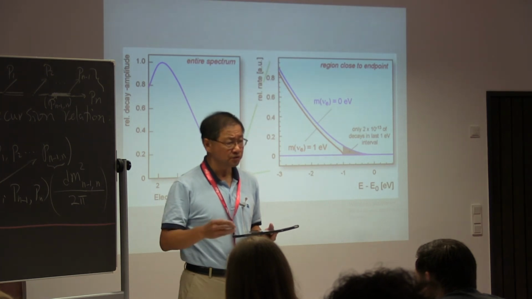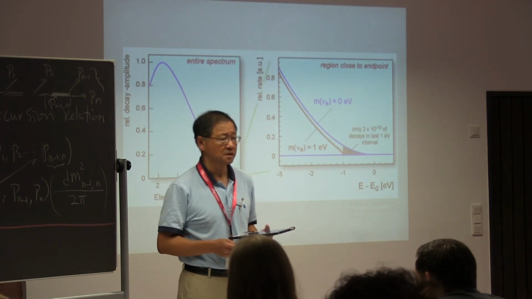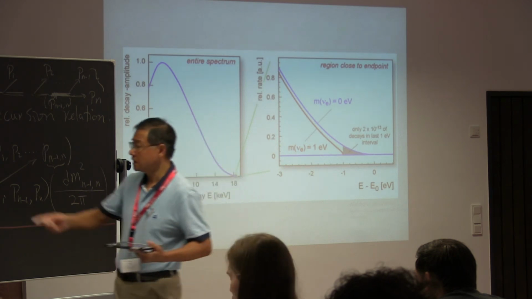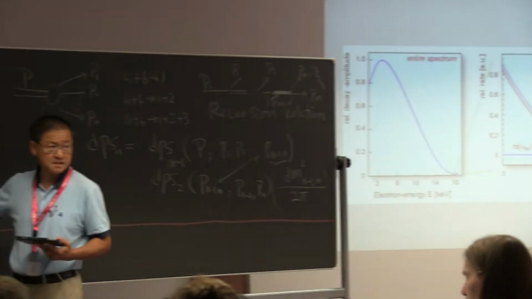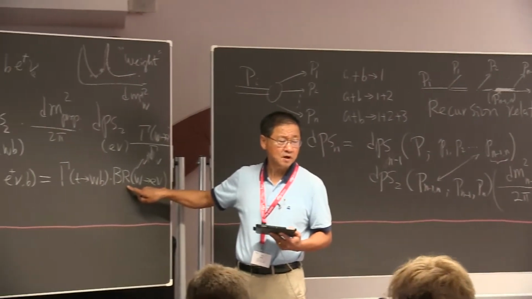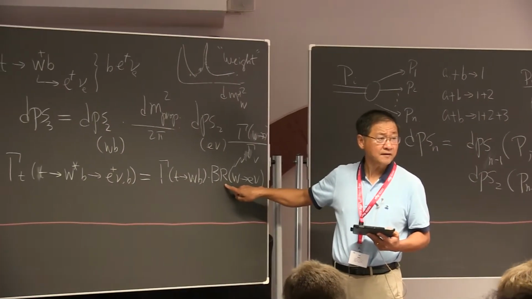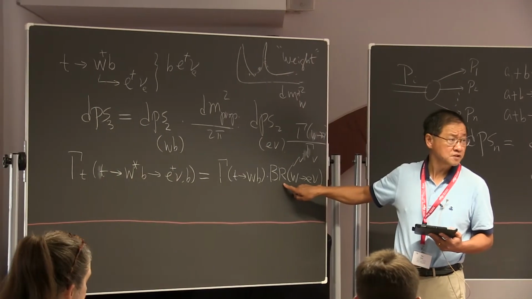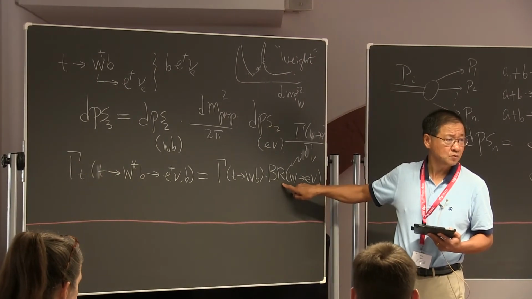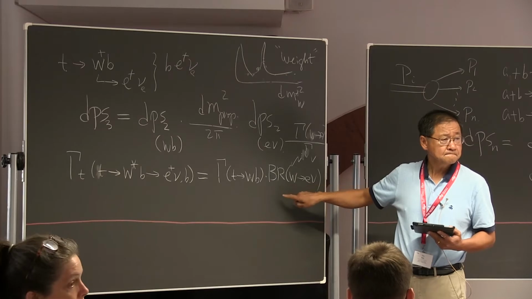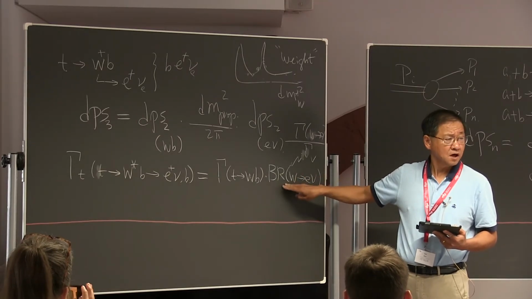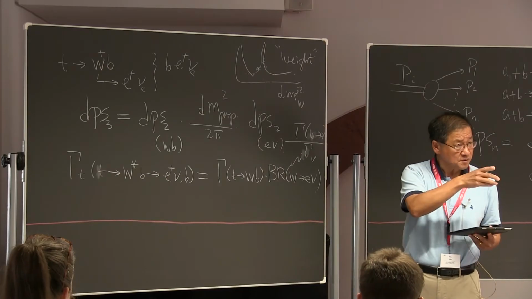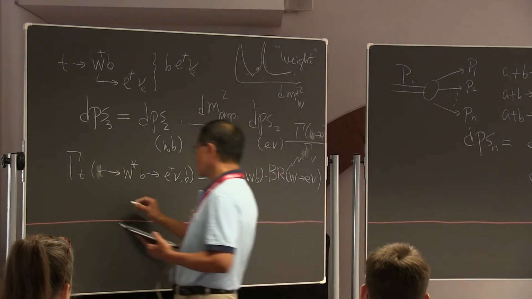The only thing is that if you want to see the differential distribution, then you are not happy with the total decay. This is exact. There's no approximation. The formula is exact. So after you're summing over all the spins, averaging over spin, and so on and so forth, that would show up. Okay, but you sum over and averaging over spin. This is the correct result. However, if you want to look into the spin correlation, you are thinking of the possible